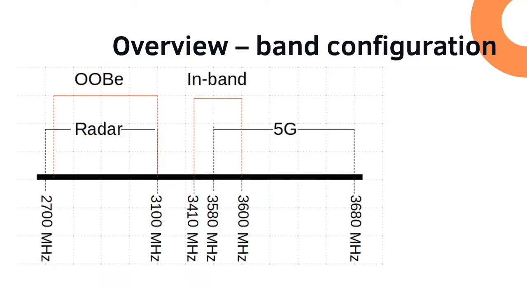So in the overview, again here we're talking about the UK case. In the UK, the radars are operating between 2.7 and 3.1 gigahertz, and the 5G sites could be operating beyond the 3410. Okay, so 3410 up to maybe beyond 3680. Okay, it depends. Now what we're really interested in is whether the 5G transmission or assigned bandwidth is overlapping with the